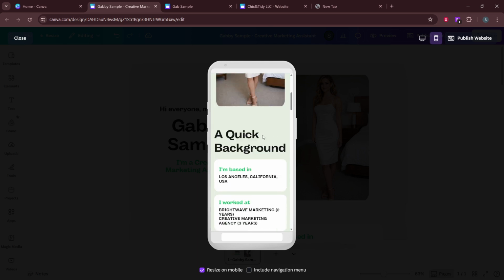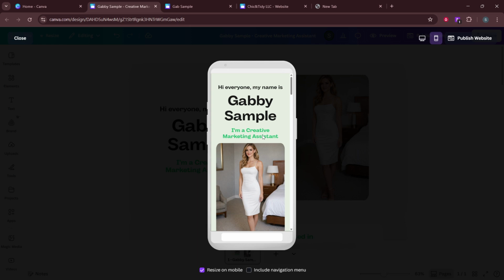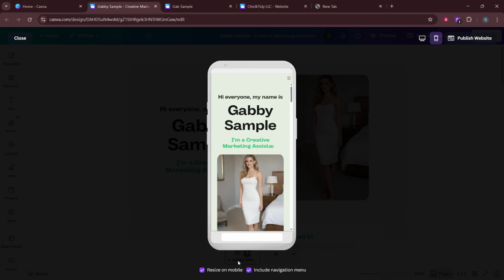Next, go to Preview and turn on Include Navigation menu. Canva will automatically create a navigation bar and wire each menu item to the matching page. When your site is published as a scrolling website, clicking a menu item smoothly moves the viewer to that page's section, effectively mimicking an anchor jump. This is the closest supported method to in-page anchors available today.